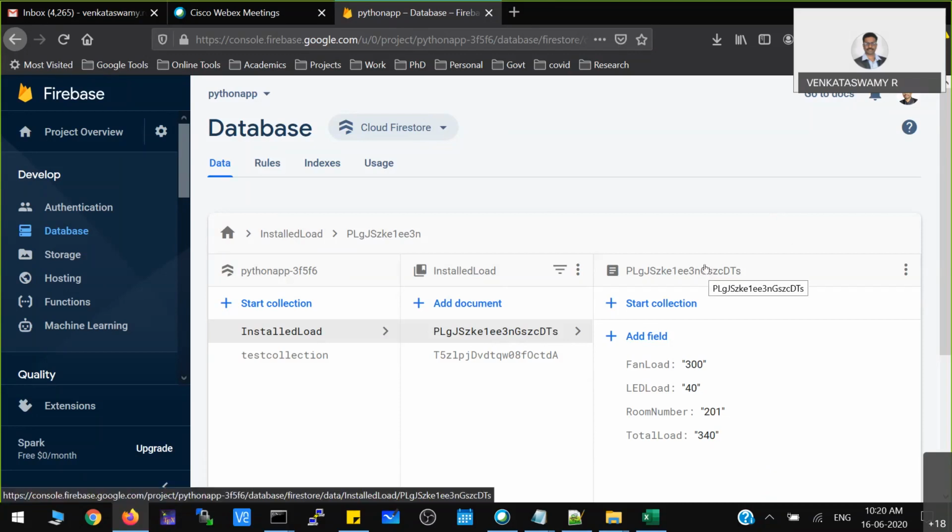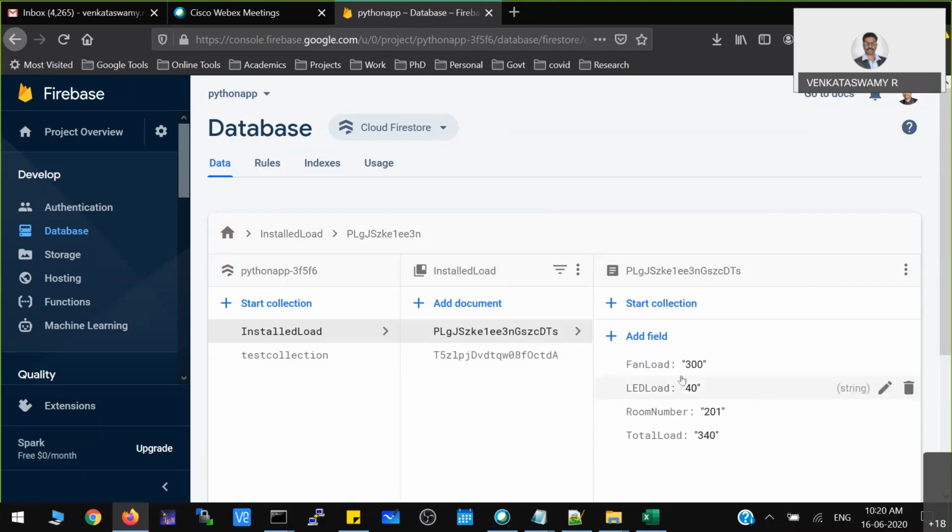So I created a database. Now, what is the next task? Say for example, I have taken the total load as 340. Suddenly one LED lamp is added, say a 20 watt LED lamp. I just want to change this particular value to 360, and I may have to see what is the total load in our campus. See, you can do a lot of things using this particular database. So how to do that? You have to go for some programming language. In our case, we are using a Python program.